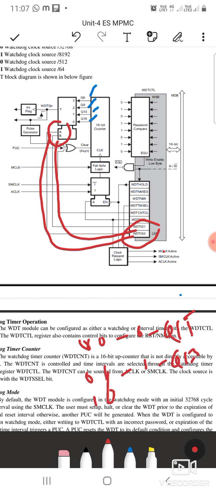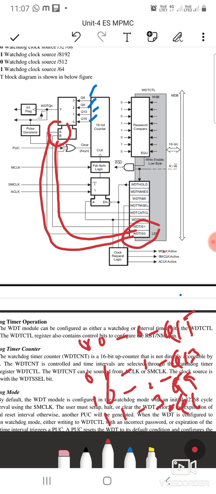If it is 1 0, that is 2, then it is Q9, and for Q9 your clock source will be divided by 512, up to the 9th flip flop. And if it is 1 1, that is 3, it is Q6, the 6th flip flop output, which is divided by 64.